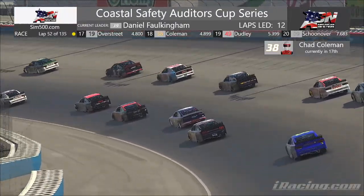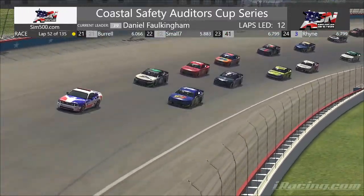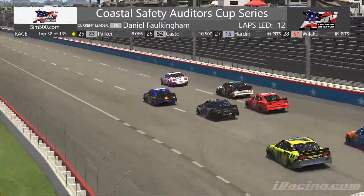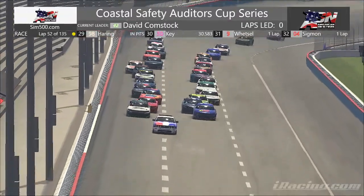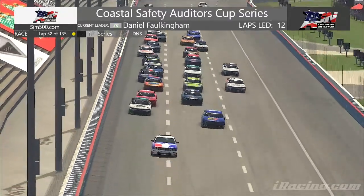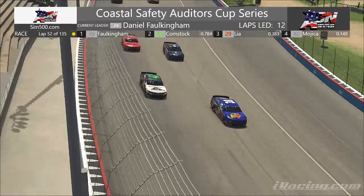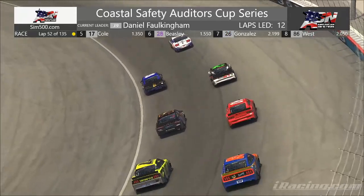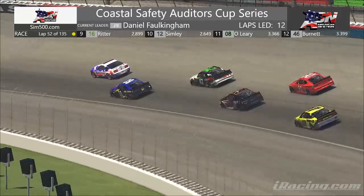I'll let you get the green here, Jacob, as we have doubled up. Daniel Falkingham, David Comstock, Pedro Mojica, Donnie Leah, all in your top 5. I mean, this should be pretty exciting. Yeah, exactly. An impressive front row. Daniel Falkingham, David Comstock, a driver who started in 29th position and is already back up to 2nd place. Still plenty of racing to go, and a very impressive top 5. Very impressive field too, but still will be an interesting restart. We'll see which line gets off quicker as the pace car